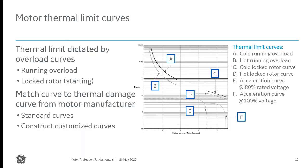And then sometimes we have a motor that we don't have a lot of good information on. The motor might be older than us, and they don't have the data sheets from back then, and all we've really got is the nameplate. And so we really need to be able to set the motor for any of those conditions. But either way, one of the things that we really need to do is be able to understand the motor